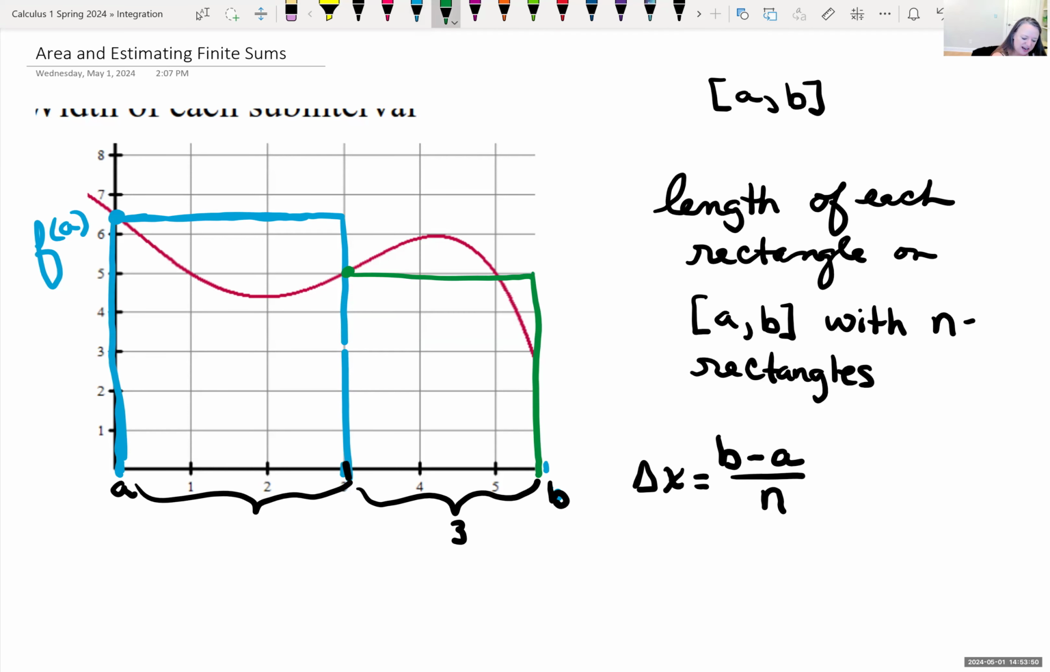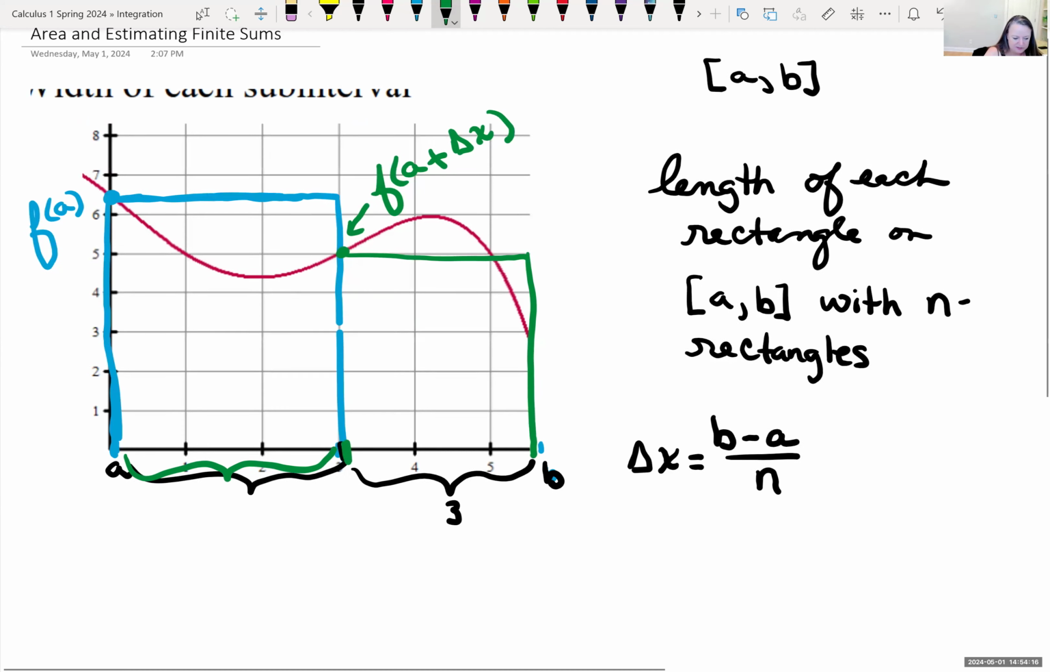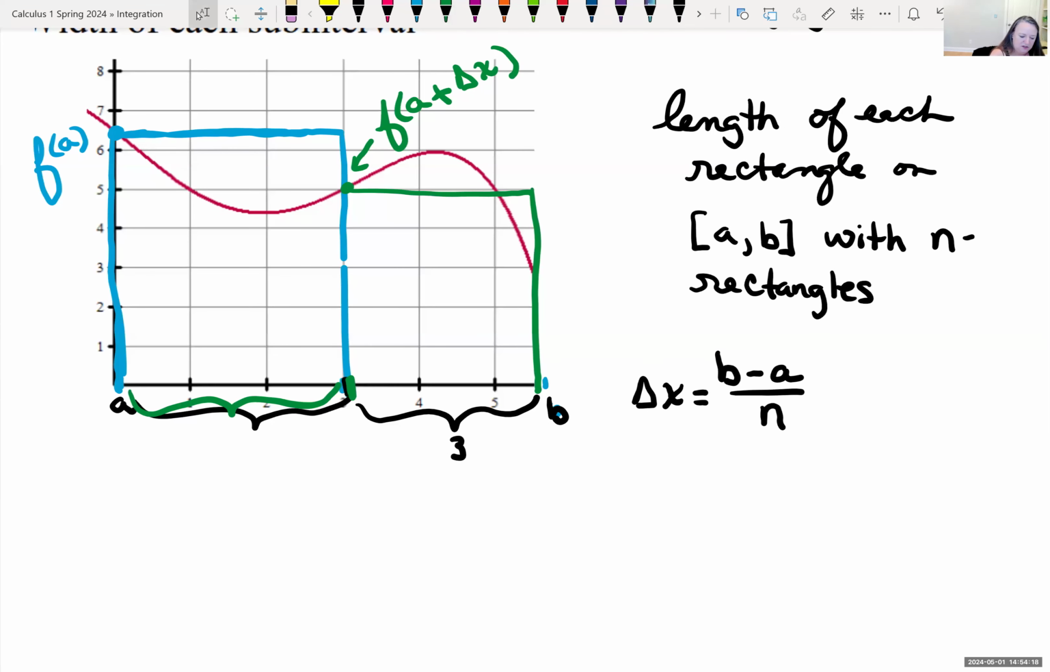And my second rectangle, this is actually f of a plus the length here. So we can find that area by summing each of those up. And so if we looked at the estimate in this case,